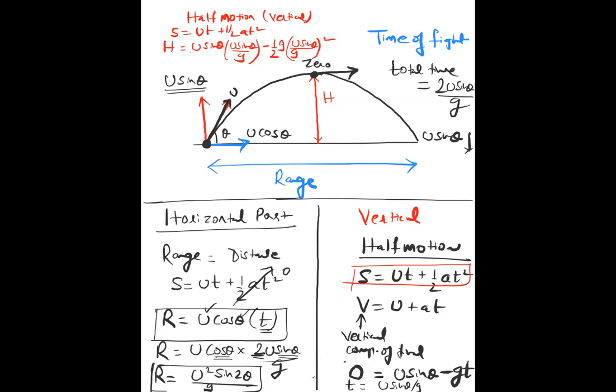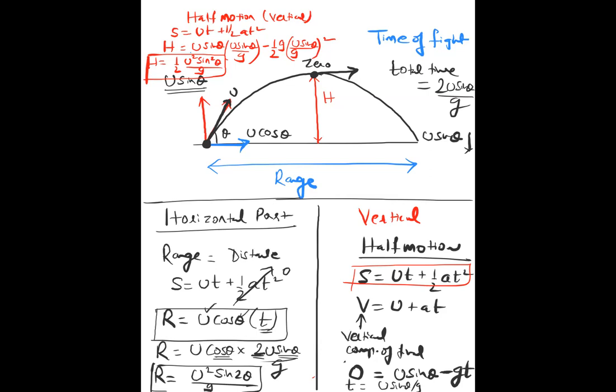Now you can clearly see that the second term is half of the first term. So the answer will be half of the first term. This is the formula for the maximum height: U square sine square theta by 2g. Okay. U square sine square theta by 2g. Everything we have covered in this single page. Okay. So if you have any doubt, ask, or else please note it down clearly.